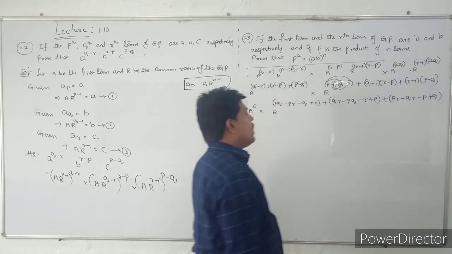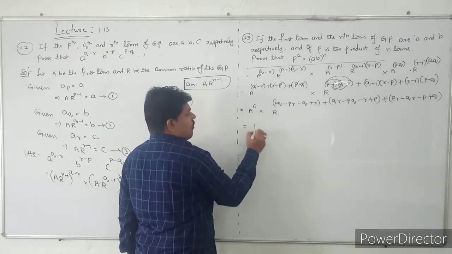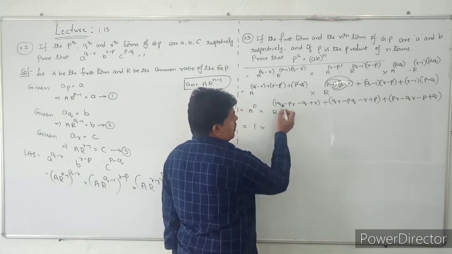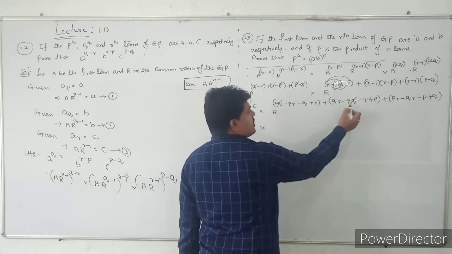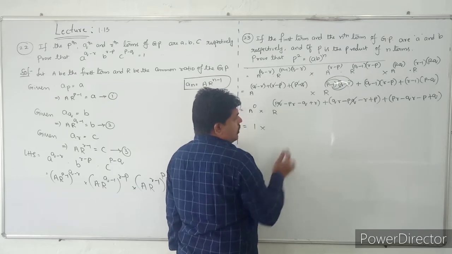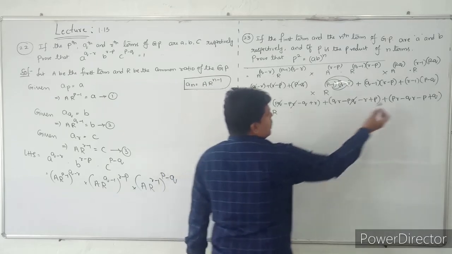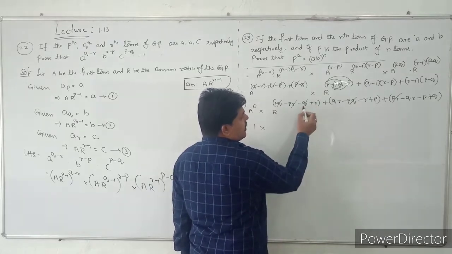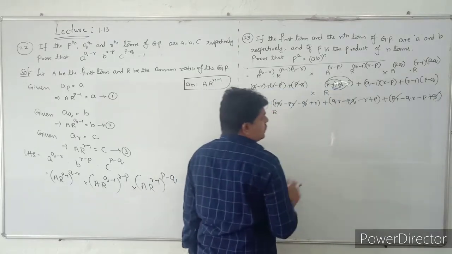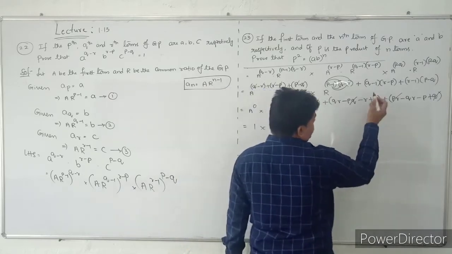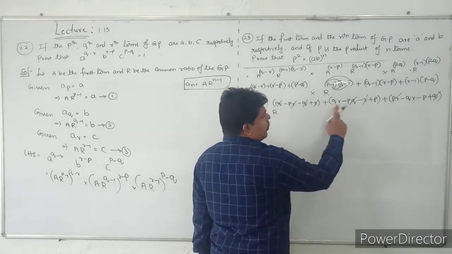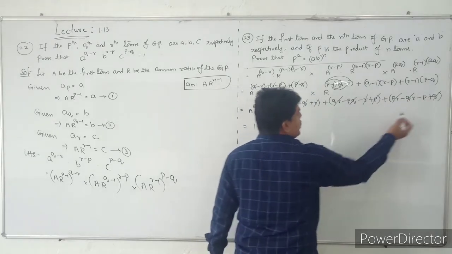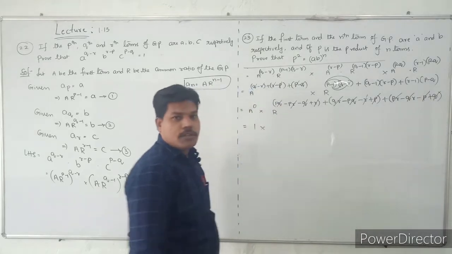So observe the r powers here. A power 0 is 1. So cancel the powers of r. So what is that? pq plus pq is there, minus pq will be cancelled. Minus pr is here, plus pr is here. Next, minus q is here, plus q is here, plus r minus r, qr plus qr minus qr, plus p minus p. So all the terms will be cancelled.